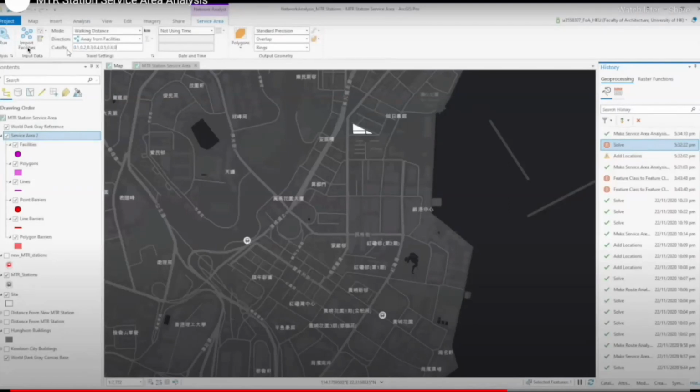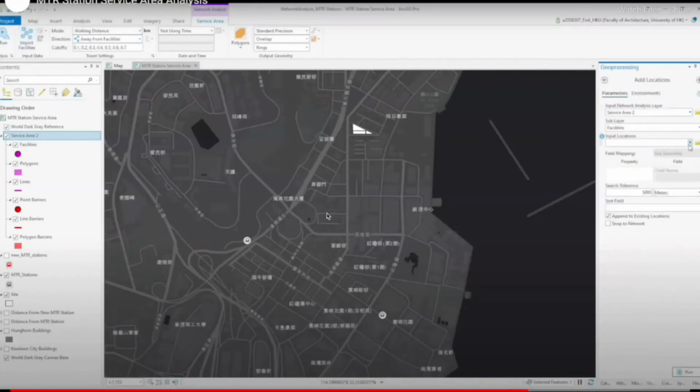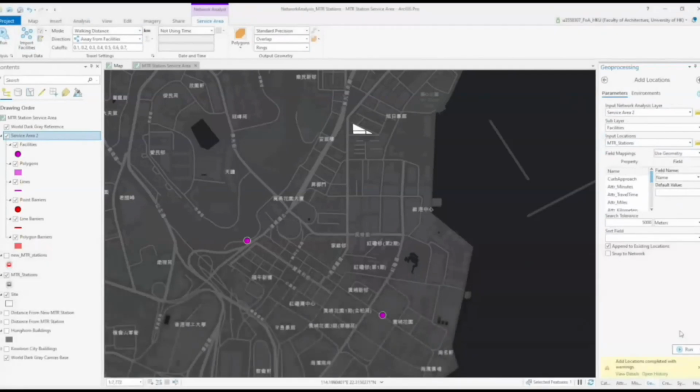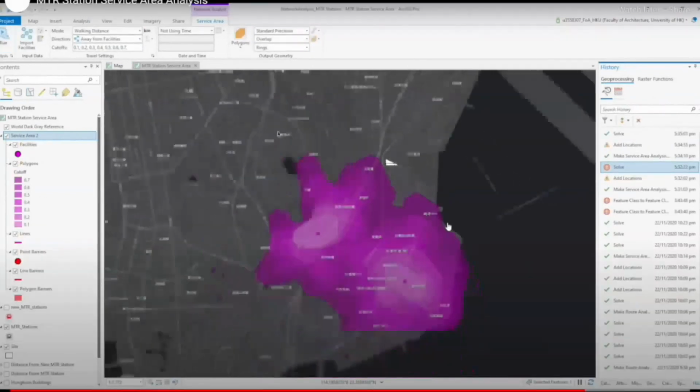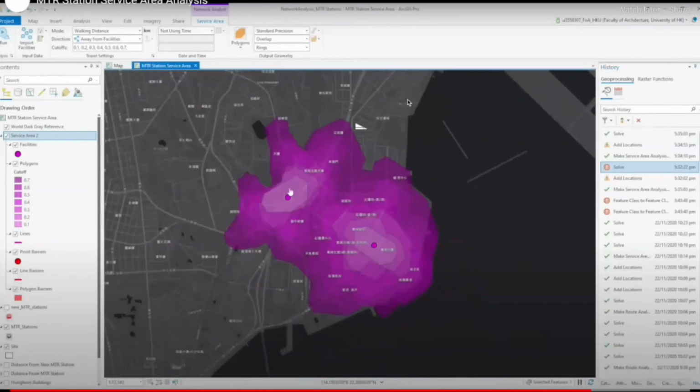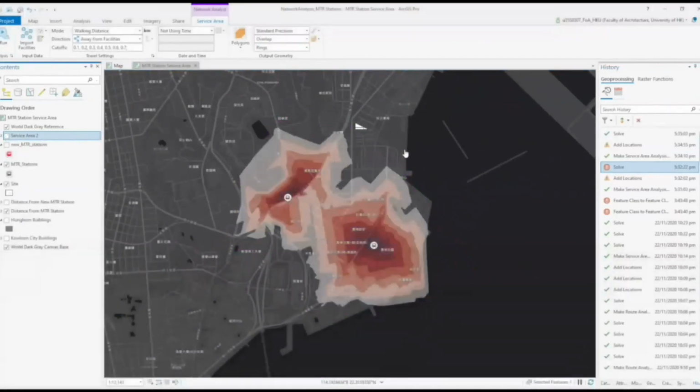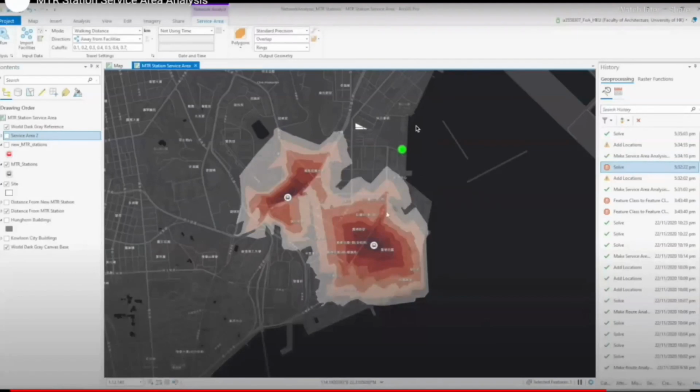So you just input the cutoffs into this table, the travel settings. Afterwards, import your facilities, where you will be walking away from. In this case, they are our MTR stations. So you could just input locations as MTR stations and run the program. And that's how you'll have this result of a distance away from the MTR stations. Since the color is purple, we have changed it under symbology again into something easier to read.